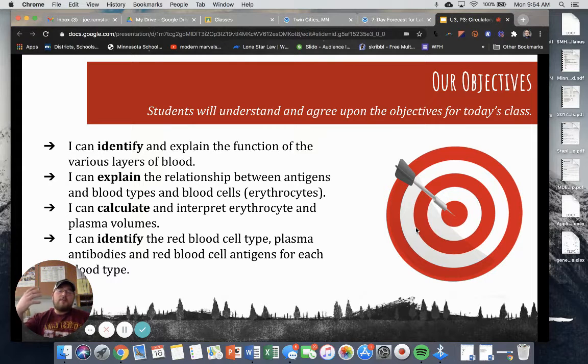By the end of our lesson here, we should be able to identify and explain the function of the various layers of blood. Yes, there are layers to blood, as weird as it sounds. You'll be able to explain the relationship between antigens and blood types of blood cells or erythrocytes. We'll be able to calculate and interpret erythrocyte and plasma volumes. We'll be able to identify the red blood cell type, plasma antibodies, and red blood cell antigens for each of